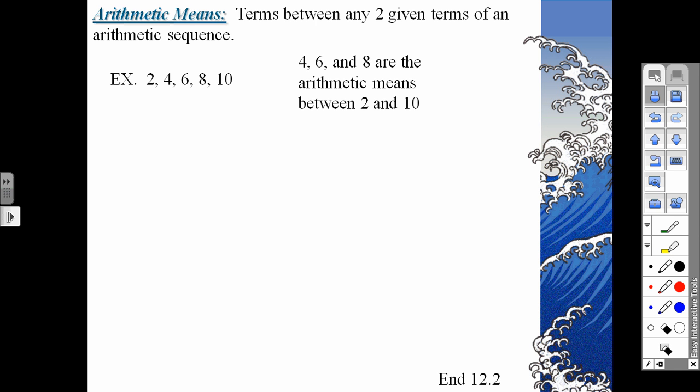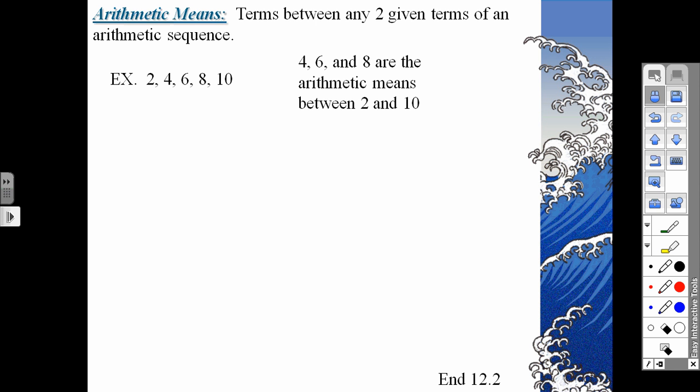Well, all that is terms between any two given terms of an arithmetic sequence. So remember, your sequences technically go on forever and ever. They're infinite, right? And so if you just look at a certain portion of your sequence, and you look at the first and last term of that portion, any of the terms that are in between are considered arithmetic means. So if I have this sequence 2, 4, 6, 8, 10, and I look at 2 and 10 as being the first and last, the 4, 6, and 8, those terms that are in between, those are the arithmetic means